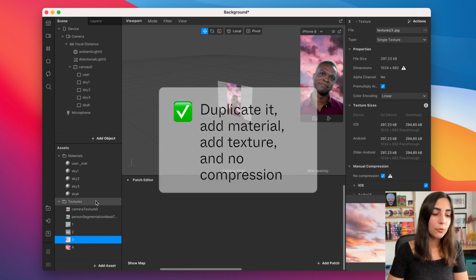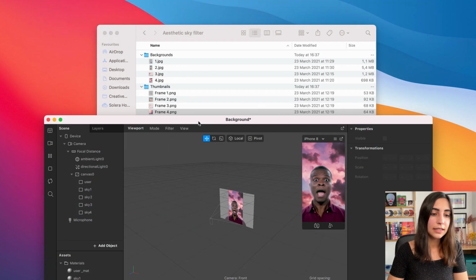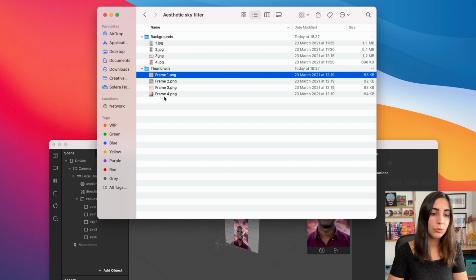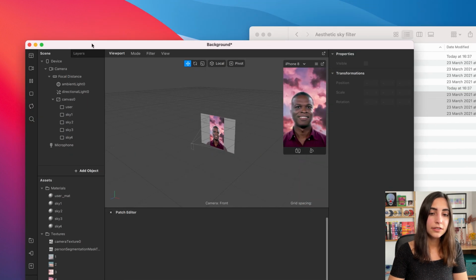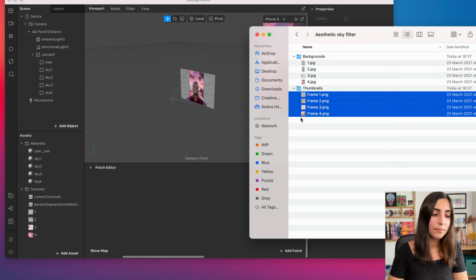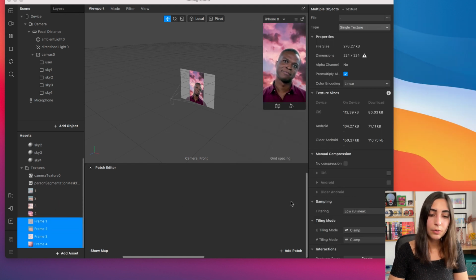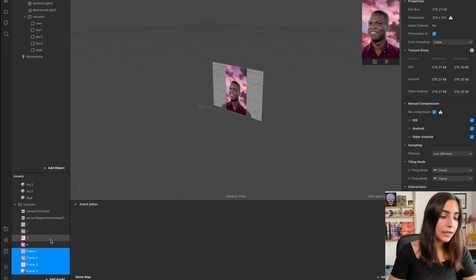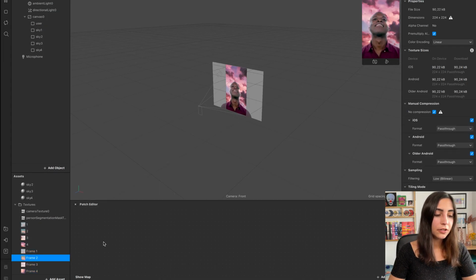okay. So now we also need to add the thumbnails that we have here. So for that we can just drag and drop to the assets panel, and we also need to say no compression. We are going to be adding in the patch editor the thumbnails so we can play with them and